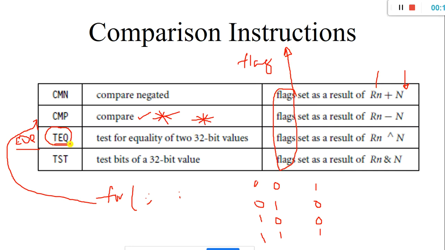That is the difference between EOR and TEQ, and even TST, because we have a logical AND for performing the AND operation, but here TST performs the AND operation and, based upon it, sets the flags. Which are the flags? Maybe the N flag, Z flag, carry flag or overflow flag. These are the four important flags. Based upon these flag conditions we perform the rest of the operations.